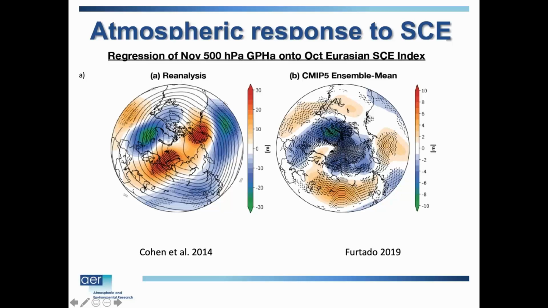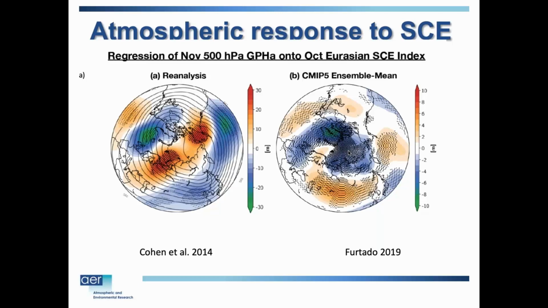And here's the reanalysis. You can see that ridging, or Ural-Scandinavian blocking, with low pressure in the ocean basins. So it's a similar kind of plot to what we showed with sea level pressure, at 500 millibars. And this is looking at CMIP models doing that same regression, and you can see it shows no sign of that Ural blocking. Instead of more high pressure in the Arctic, which snow cover would give you, the models show low pressure. So a very, very different pattern. And I think the models do not really simulate this coupling that I've argued for using the observations at all.